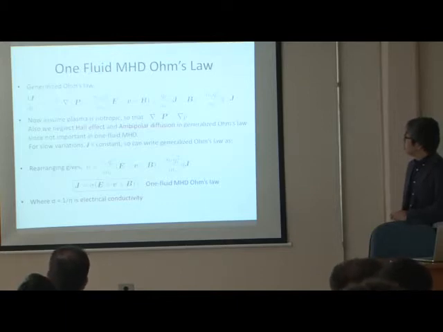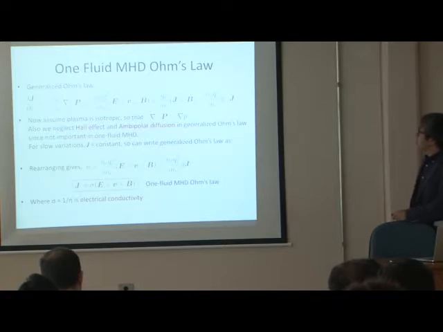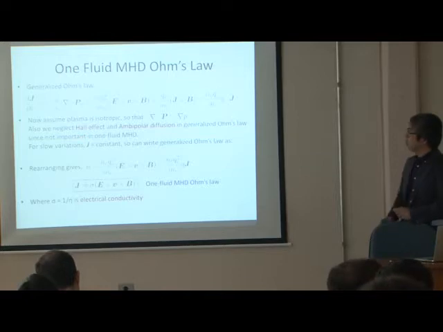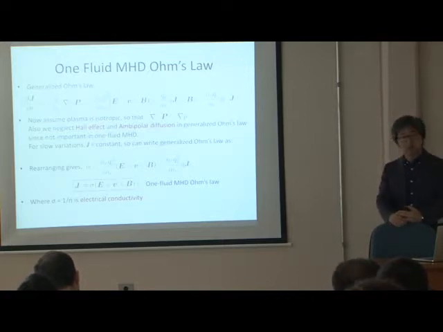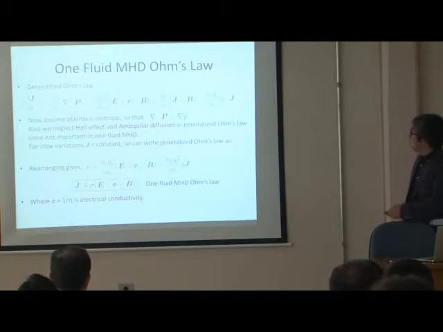But now we are assuming the plasma is isotropic, so the pressure term is just the scalar pressure, and we neglect the Hall effect and ambipolar diffusion in the generalized Ohm's law, since they are not important in one-fluid MHD. This is the usual case. But in some special cases, the Hall effect or ambipolar diffusion become very important, typically in star formation. Also, for slow variation, J equals constant, so we can write the generalized Ohm's law as